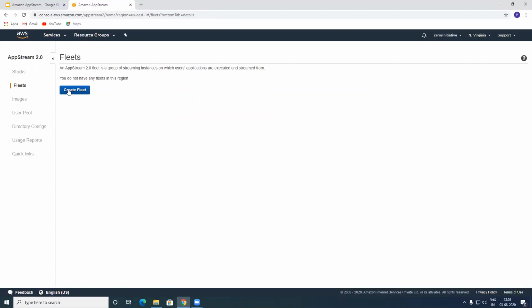So they will give you an auto-generated endpoint once you have created a fleet. And that was the auto-generated endpoint that you saw when we were previously working with AppStream 2.0. So I hope you get the idea as to how it works in the background. I'll have a separate lecture in terms of doing this, but for that I need to increase my service limit. It doesn't fall under the free tier, is what I understand.